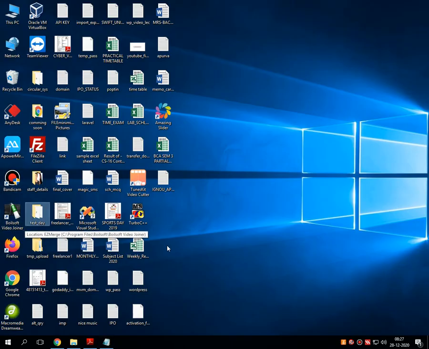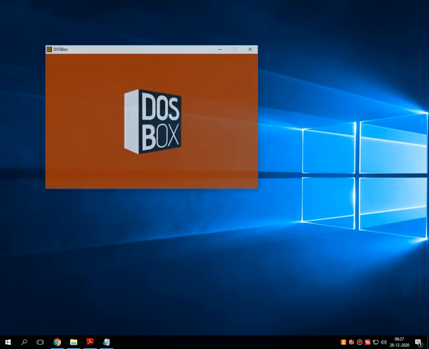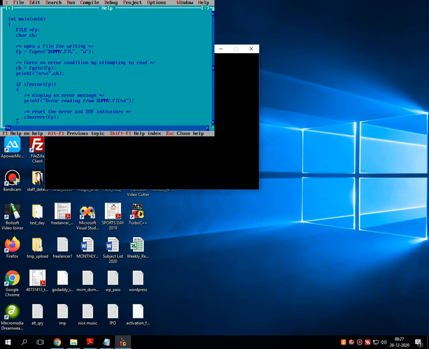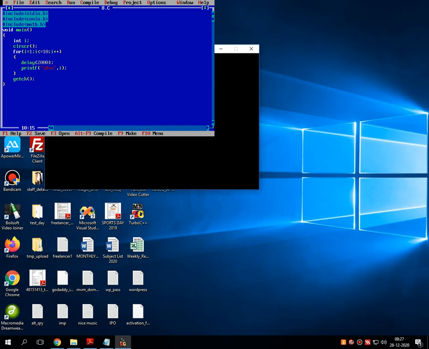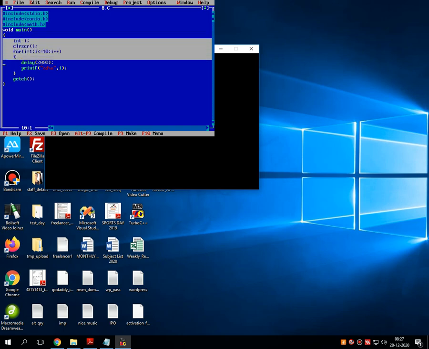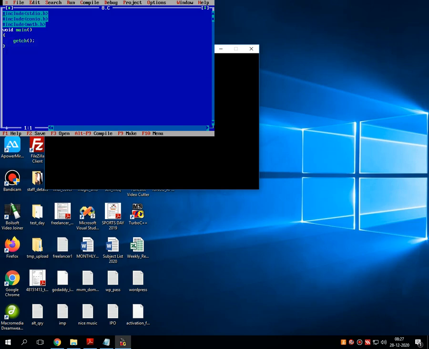Now let's handle this function practically, so it will be clearer for all of us. After writing the basic library statements, that is #include <stdio.h> and #include <conio.h>, void main, opening and closing brackets.